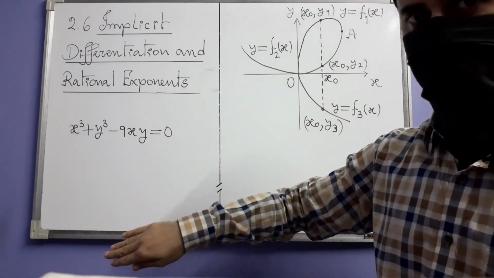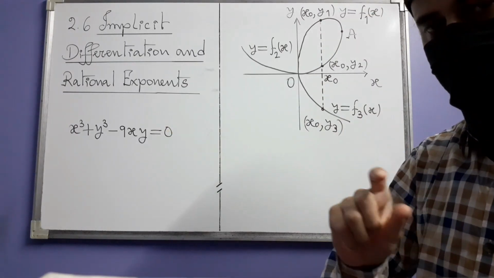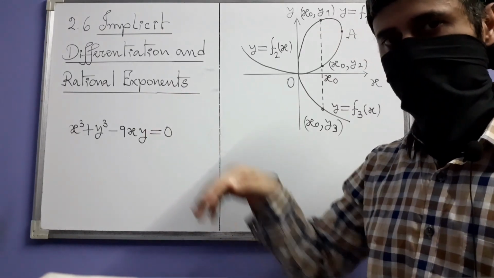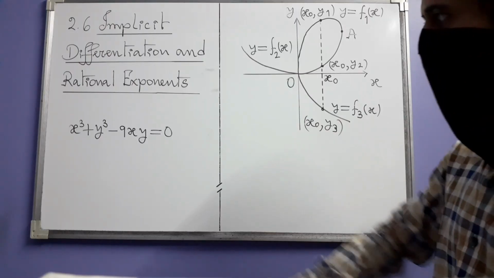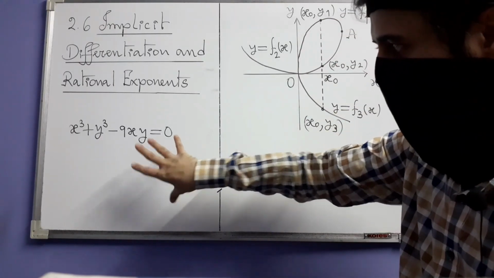I mean, after doing the differentiation, you will get another equation. There you will have dy/dx, and then you solve for dy/dx in that equation in terms of x and y. So on one side you will have dy/dx, on the other side you will have an expression